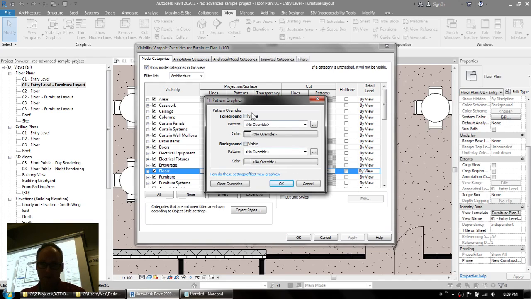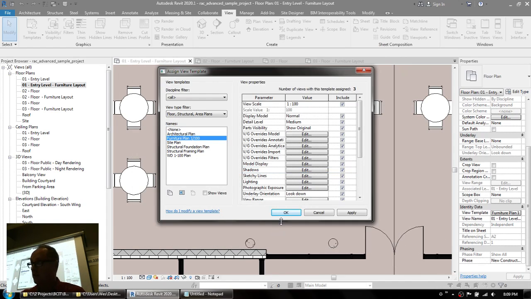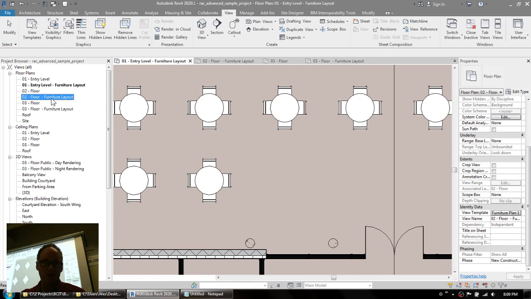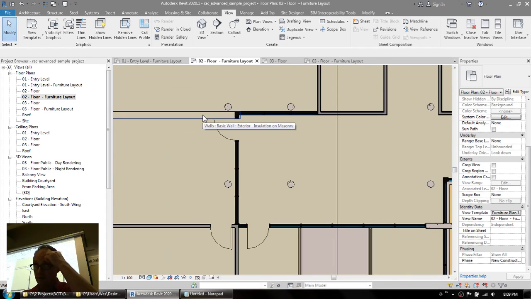Just turn off all the patterns, the foreground patterns, the background patterns, hit OK, and we've changed the template. So now all of our furniture plans no longer have hatching for the floors. So that's the power. View templates have lots of power to help keep your views organized, and especially if a